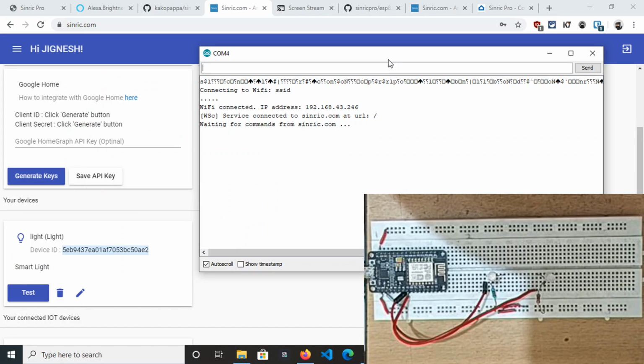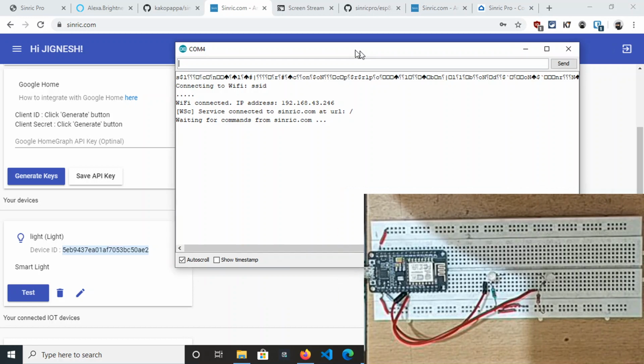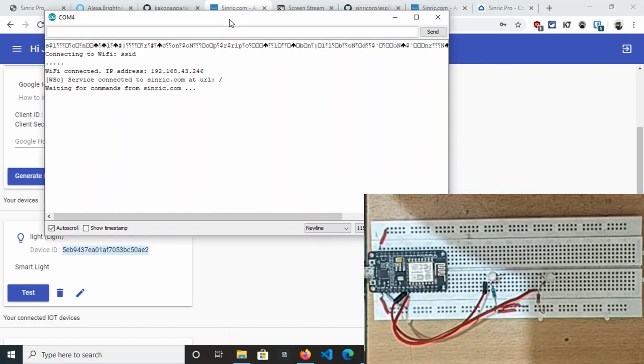So we are connected now, and you can see the hardware setup. Now I will make some commands to turn on and turn off and set the brightness of this red light. You can see the serial monitor, which is running on COM port 4, waiting for commands from synric.com. We will send it: Alexa turn on light.